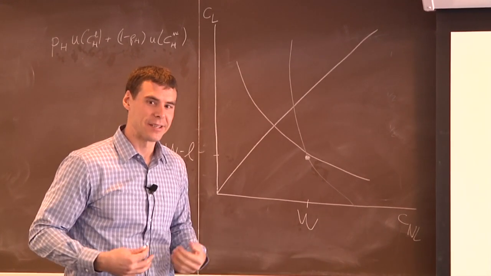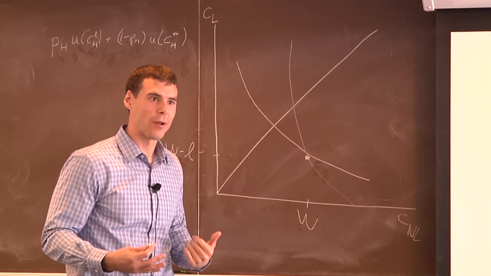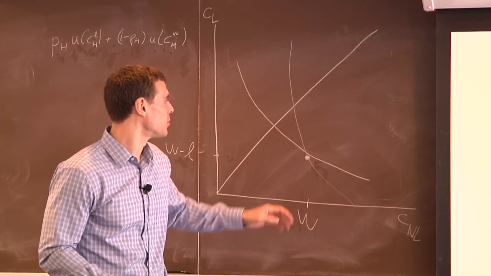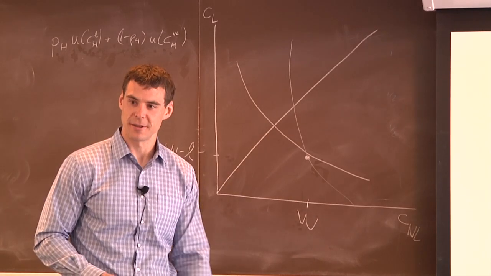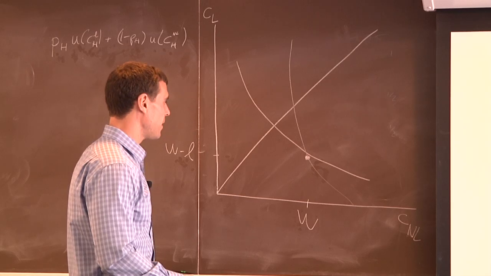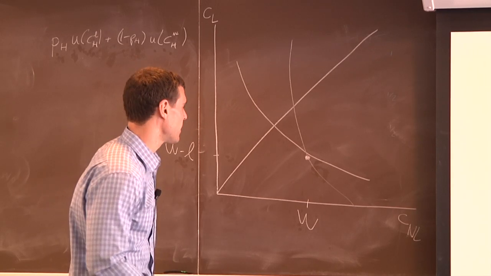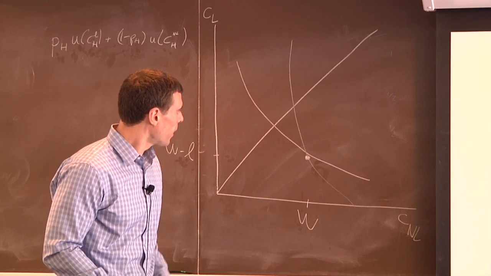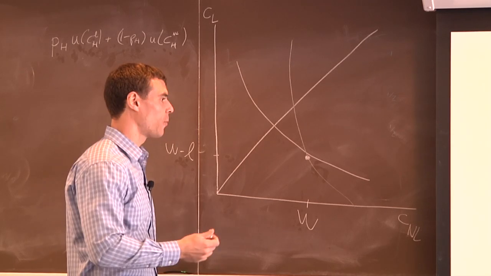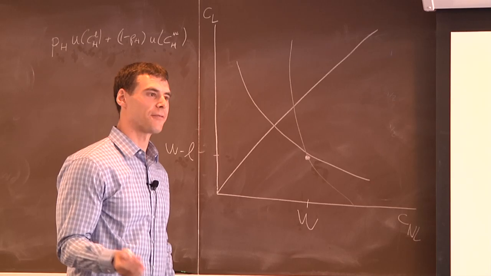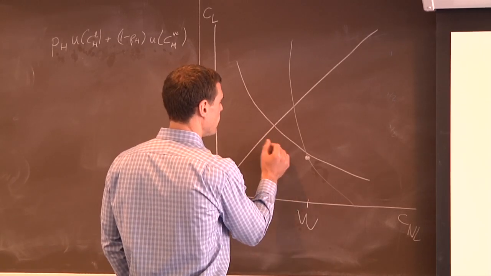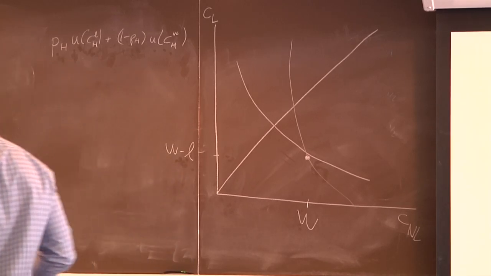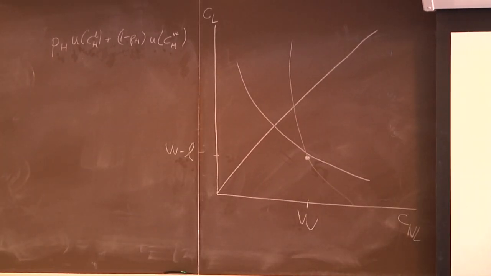Very intuitive, right? They just don't care as much about the state of the world in which the financial loss occurs. So they're willing to give up more money in the event that that state happens. Just referenced by these two differently sloping indifference curves. Okay? And so what do we think might happen in this world? Well, Rothschild and Stiglitz propose a notion of equilibrium where there's a screening outcome. And the insurance companies basically offer two different contracts. Okay? So the first one is going to draw, I'm going to erase these indifference curves just to make it a little bit easier to see what's going to go on.